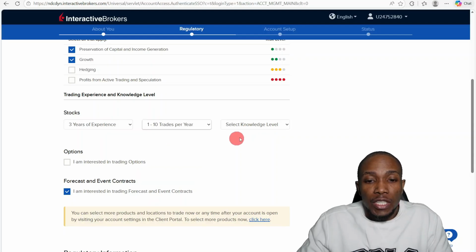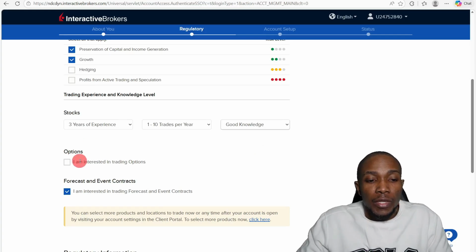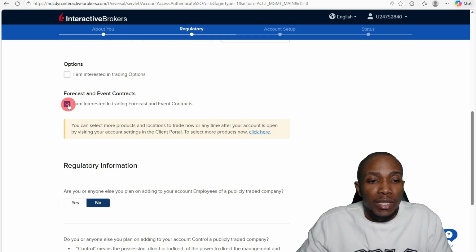Specify 1 to 10 trades per year and select knowledge. You're going to say good knowledge. So we're not going to be doing any options trading, right? You can always enable these options later. So for example, even